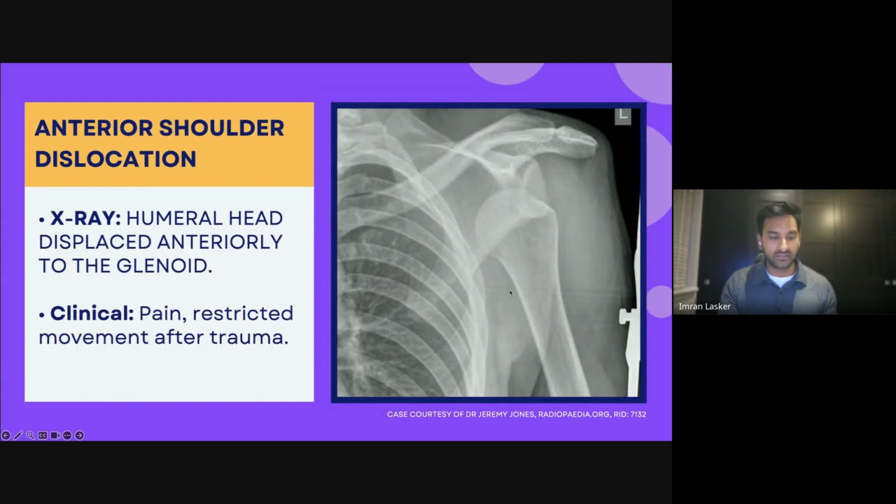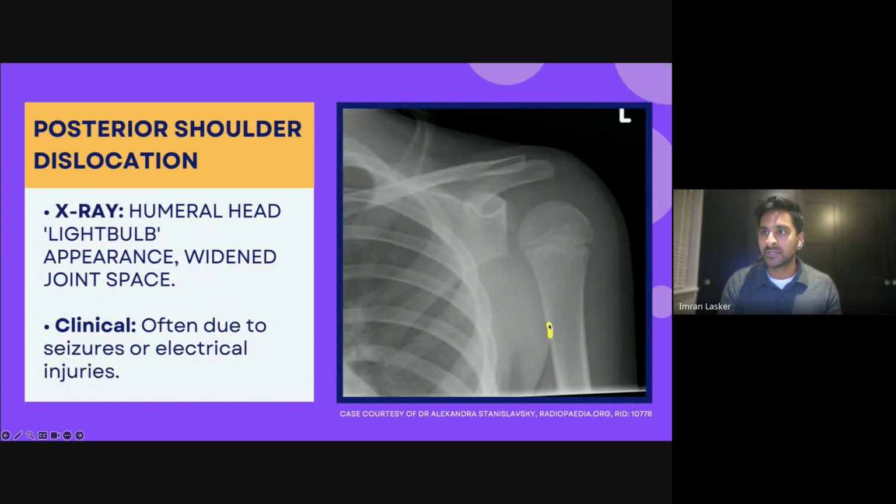Now, if we go back to this, you'll see this looks like a bit of a hook, like a staff. Sorry, I got a bit of a cold. This one, it kind of doesn't look like that. It looks like a light bulb. It doesn't have that kind of walking stick appearance. It's kind of got this lighthouse appearance or light bulb appearance. When it looks like a light bulb, then you've got to start to think, okay, this could be a posterior